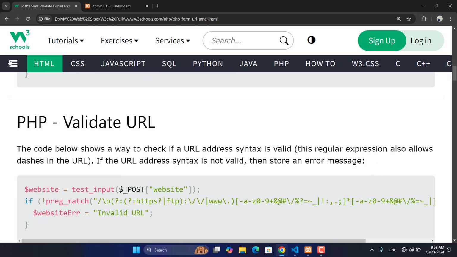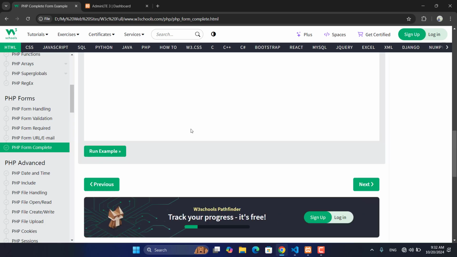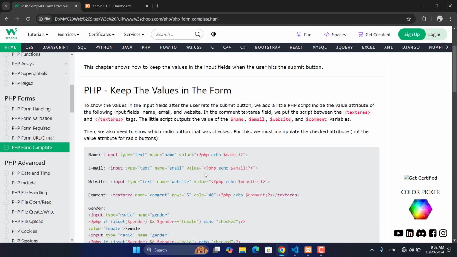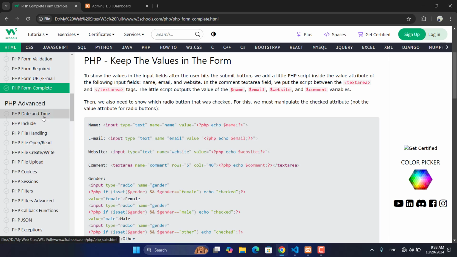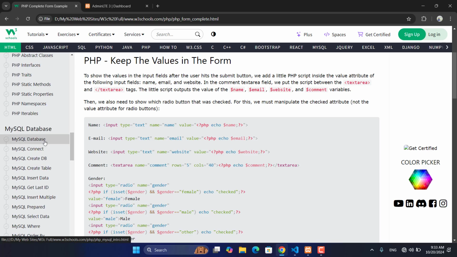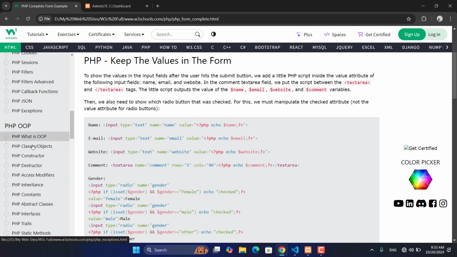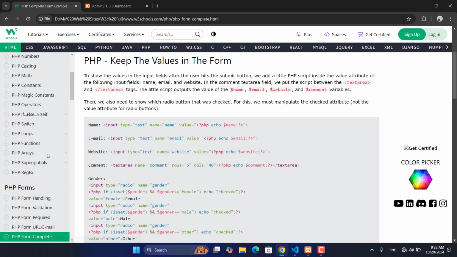We'll come to this in the next lesson with a practical project, the form complete. There's a form complete. You can check this on that and find if there are errors or not. The next chapter will be on advanced PHP: date and time, include, file handling, file open, read, create, upload, and this. But the other session will come on MySQL databases and also PHP OOP. That we have, I think, more than 10 days time. I hope you finished all of them, but we hope